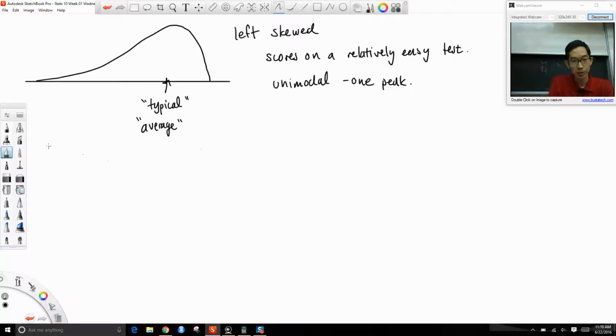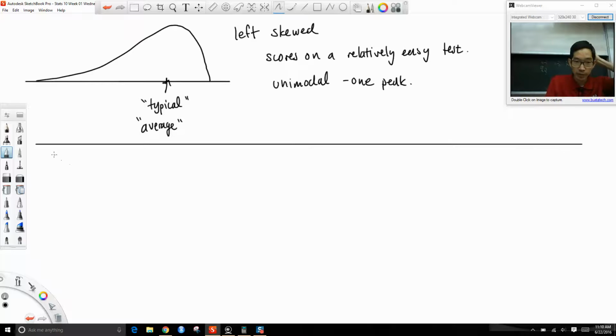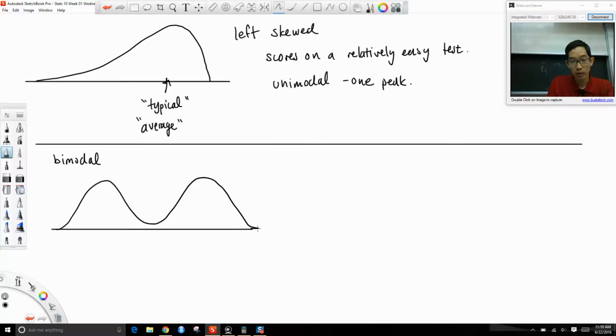We have a few other shapes. For example, we could have something that is bimodal. Bimodal would be something that has two peaks. So this is, again, a numeric variable. All right, and I'm trying to think of an example here that is bimodal. Okay, but we could have, just making something up here,